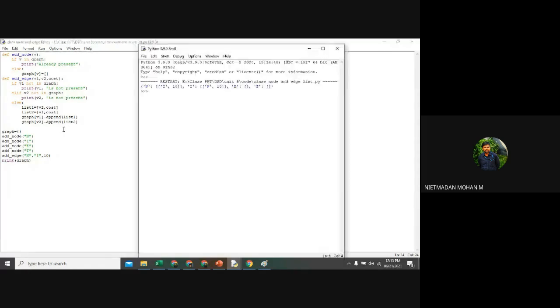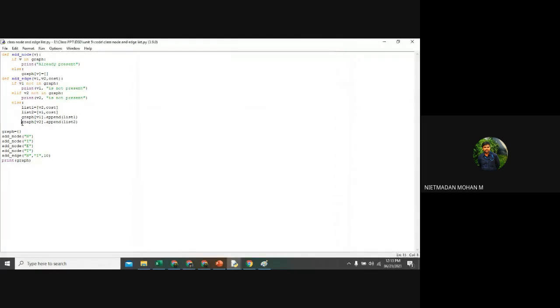Now you can see here n is my key in the dictionary. This is an undirected graph. So n is my key in the dictionary. In that dictionary we have an edge called I with the cost value of 10. Same as that, I is my key. N is the edge in the I with the cost of 10. So there is no edge between E and T, so it will remain empty. So this is an undirected weighted graph.